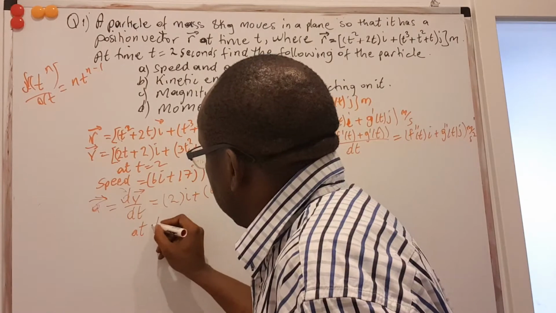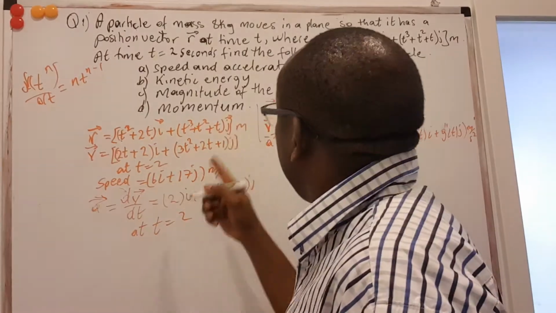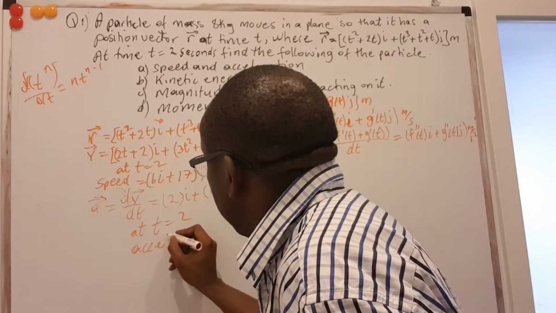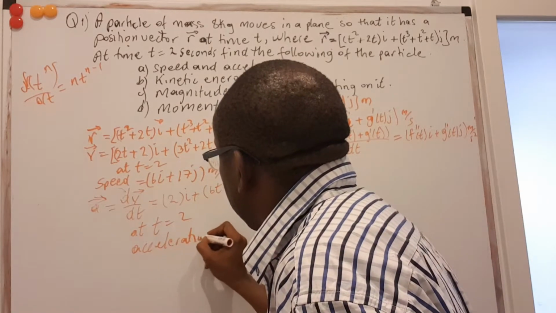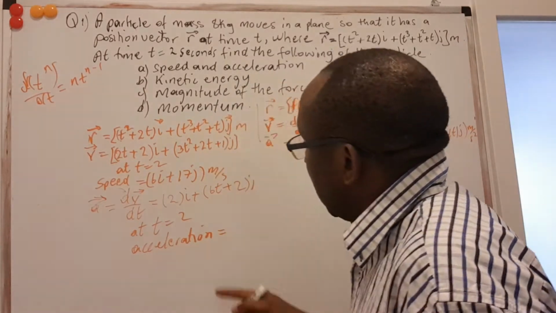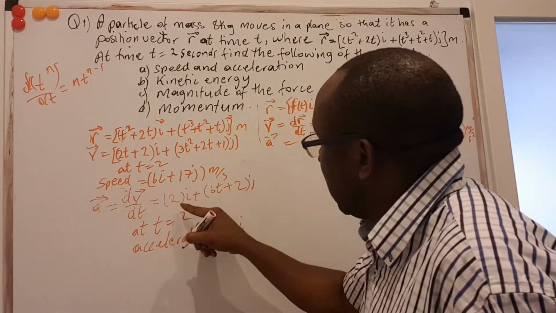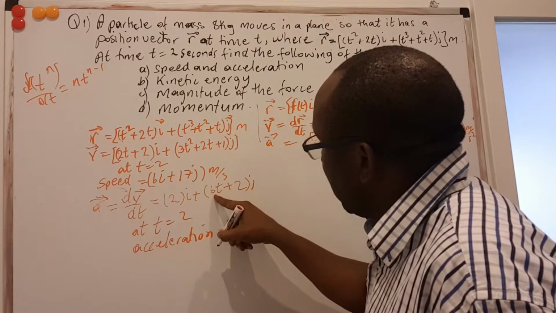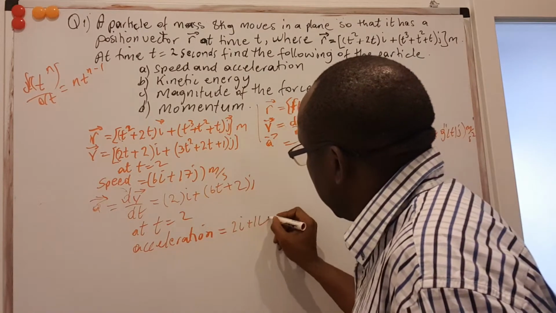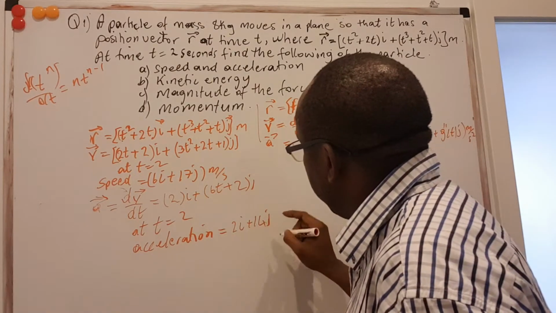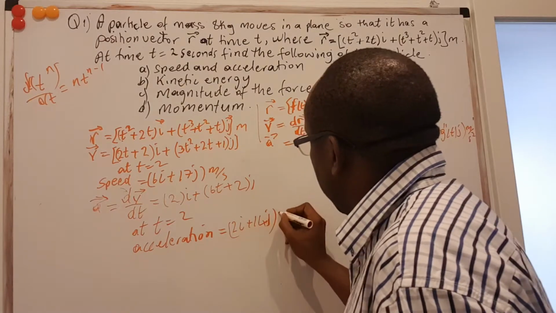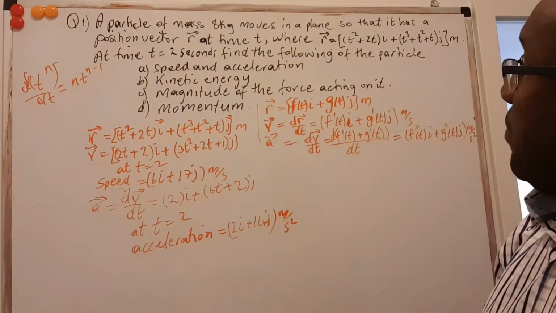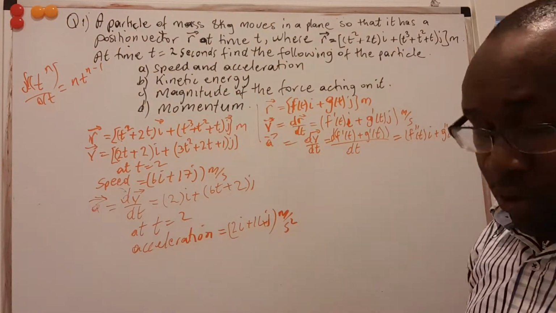At t equal to 2 seconds, of course, we already saw that, my acceleration would be 2i, that you see, plus 2 here. So 2 times that is 12, plus that is 14. 14j meters per second squared. So we have that. So that's the a part. The next one we go to